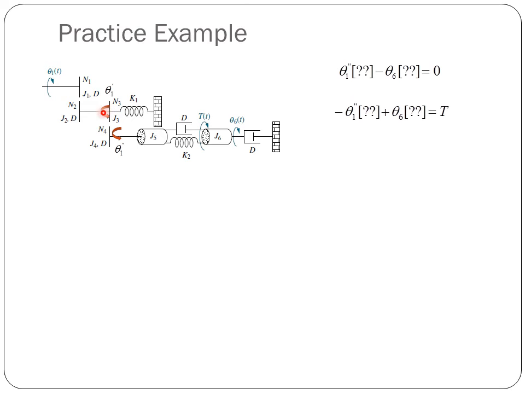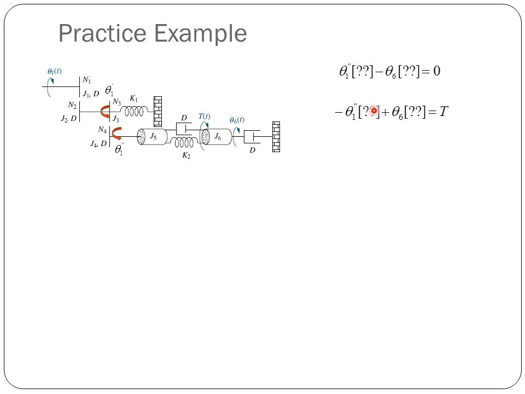And there is another inertia and damper J2 D, and there is another J3 here. And there is also J4 and D, and there is J5. So lots of impedance components are here which should be included within this part of the equation. And in between theta 6 and theta 1 there are two components, D and K2, which should appear here